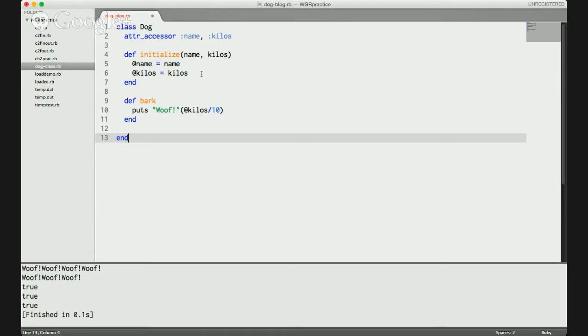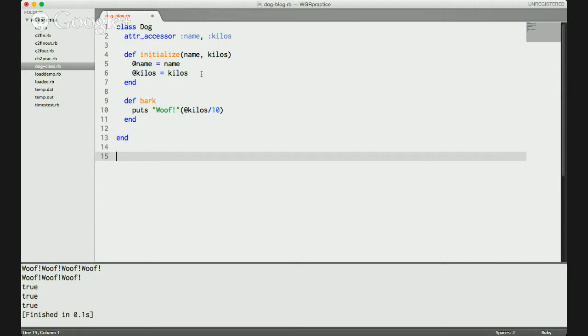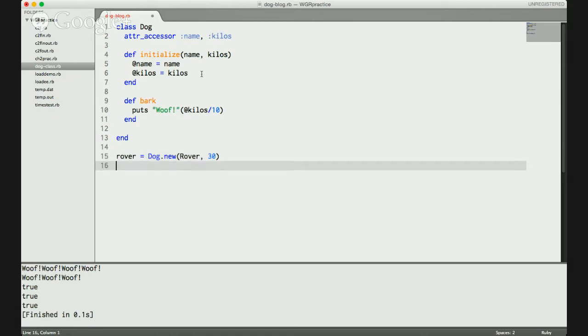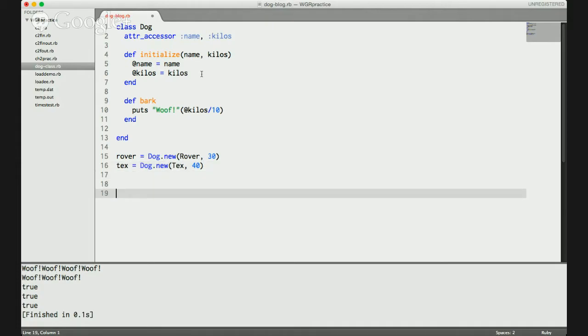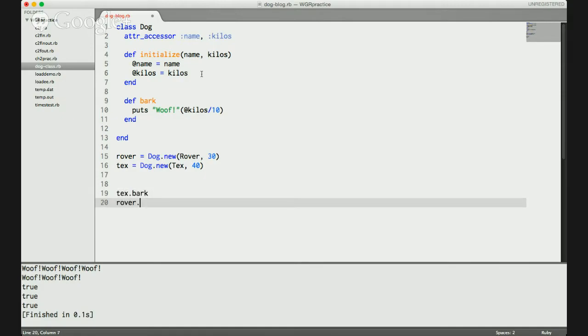So, okay, that's a very simple class, and it's complete now. We've got everything that we need to start making instances of this class. So we'll have a dog named Rover, and we'll initialize him with his name, Rover, and his weight, which will be 30 kilos. And then we'll have a dog named Tex, whose weight is 40 kilos. So then we will call tex.bark and rover.bark, and we will see,